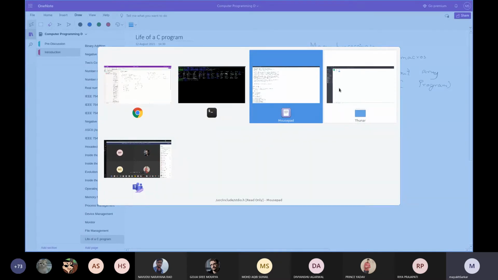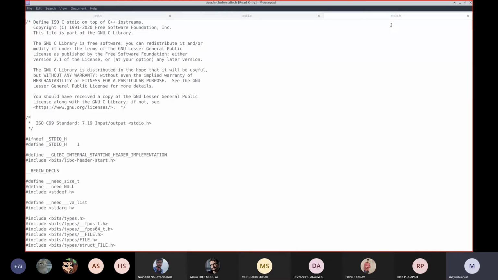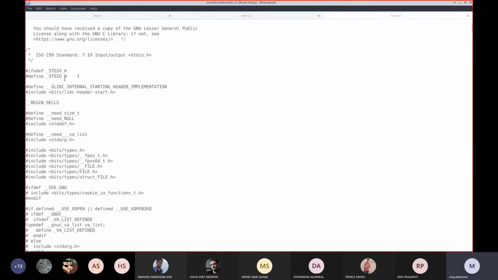Let me open up the editor. Yes, stdio.h, as you can see, it has been opened here. Obviously, all the comments have been removed, and everything you can see here, there are further macros. That's why I said it is resolved recursively.